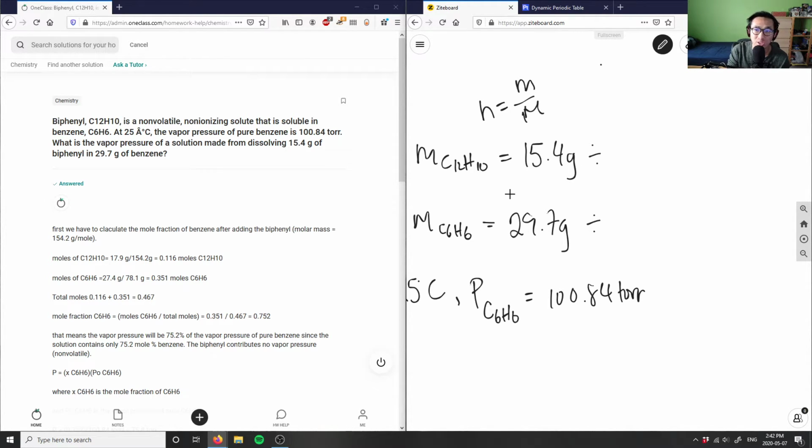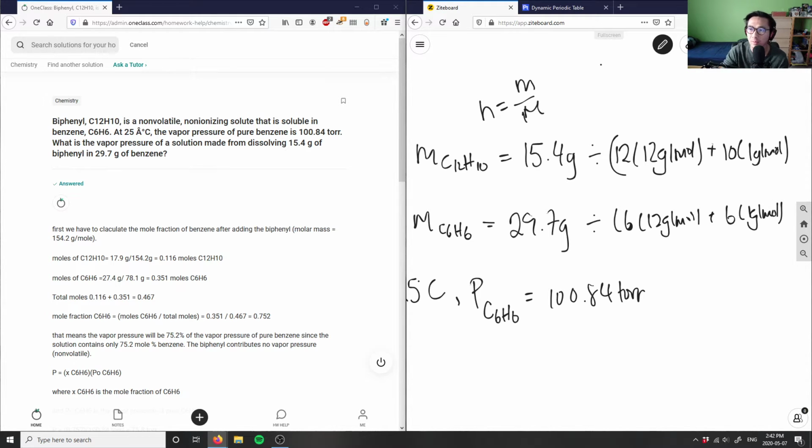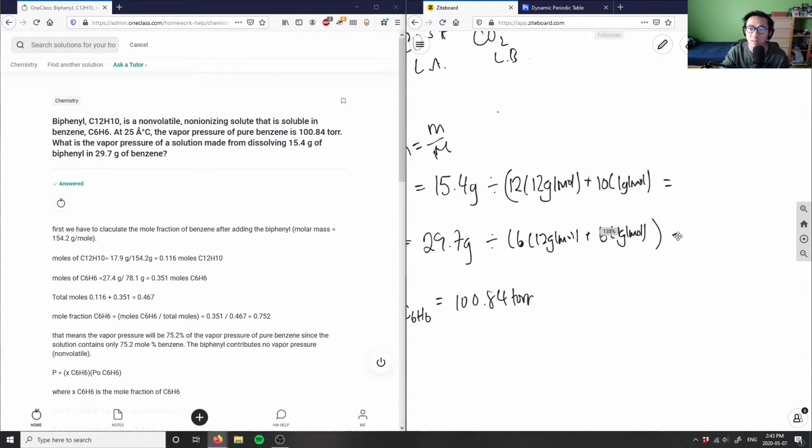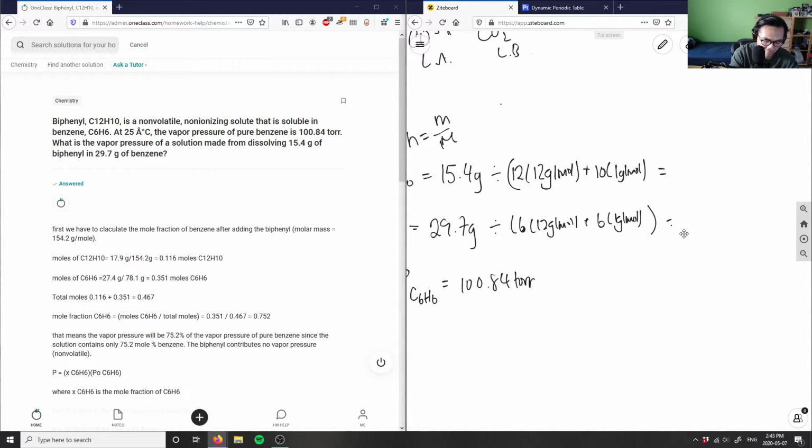So the molar mass of C12H10 would be 12 carbons times the molar mass of carbon, which is 12, plus 10 hydrogens multiplied by 1 gram per mole. Same with C6H6: I have 6 carbons and 6 hydrogens. So I'm just finding the molar mass, and I'm going to divide by both of these. Let me type this into my calculator. I have 15.4, and I'm going to divide by 144, which is 12 times 12, plus 10, right? And this will give me a value of 0.1